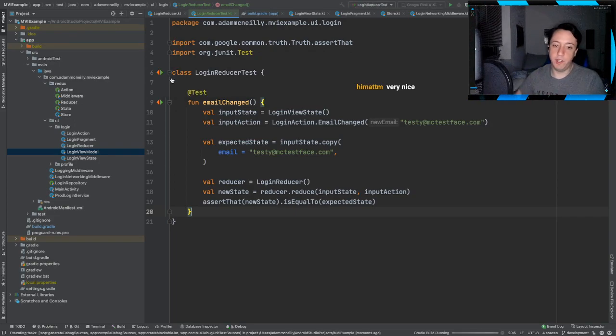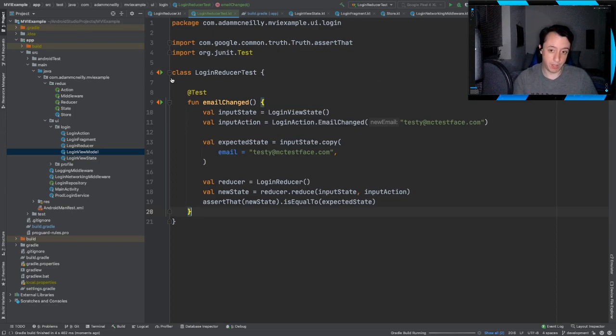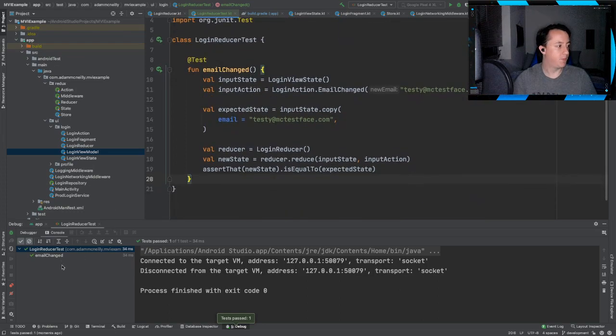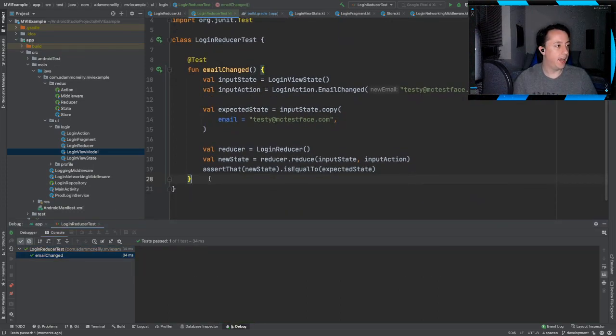But then what we would do, I won't write one for every action because I want to get through all of the examples that you asked about, but we can write like two or three of these, but they'll all follow the same format. Cool, email changed passed. Let's talk about one,